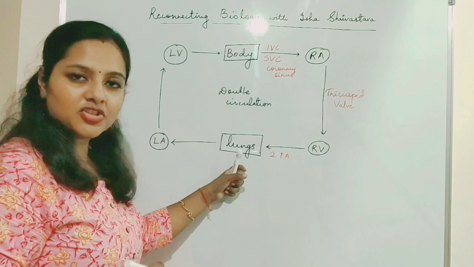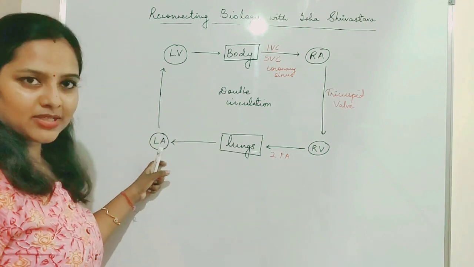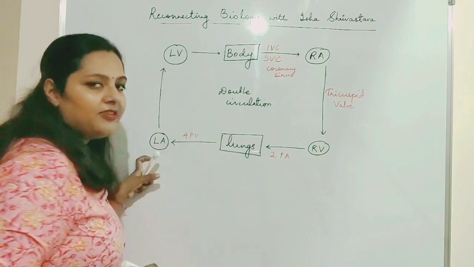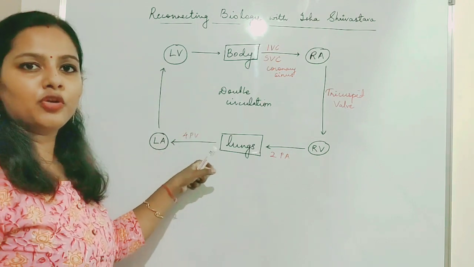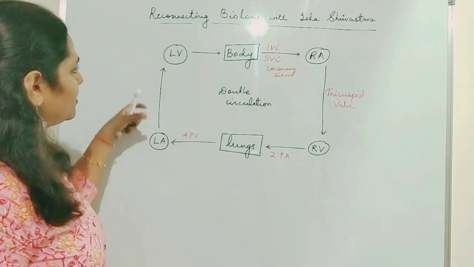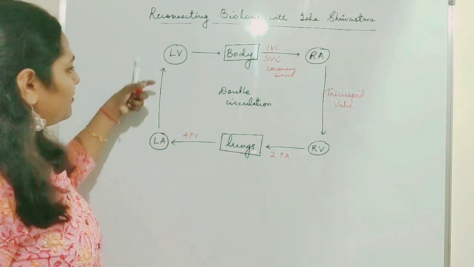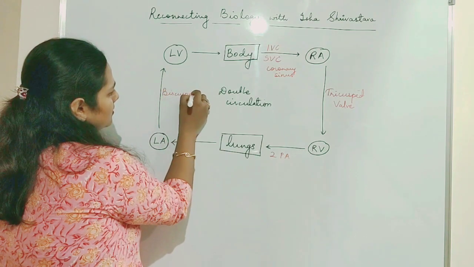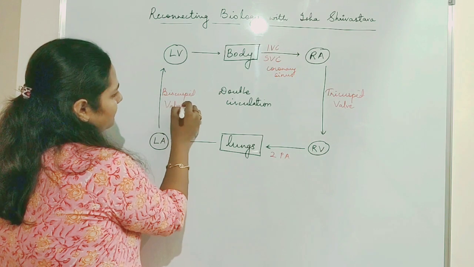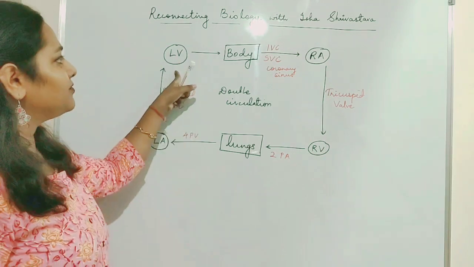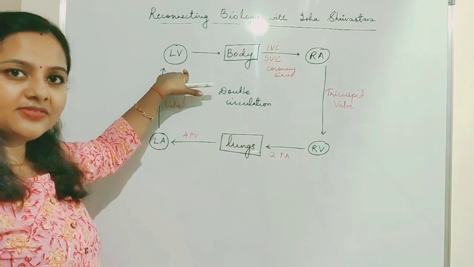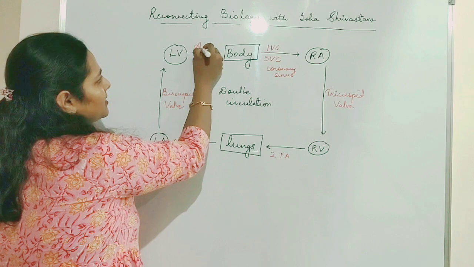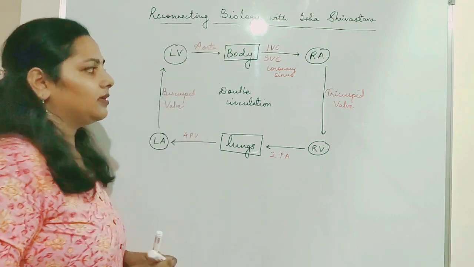From the lungs, the oxygenated blood is taken back to the heart, to the left atria, through four pulmonary veins. From here, it goes to the left ventricle through the bicuspid valve, and from the left ventricle, finally the blood leaves the heart and goes to the body for circulation through the biggest blood vessel, called the aorta.